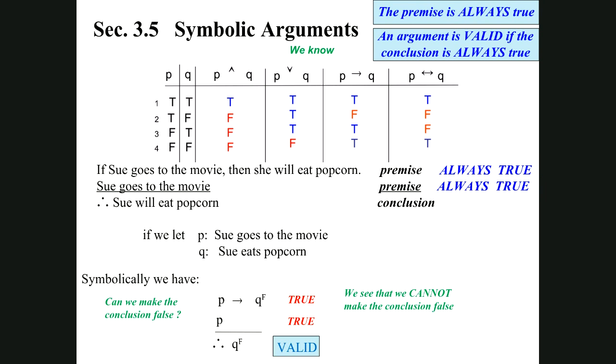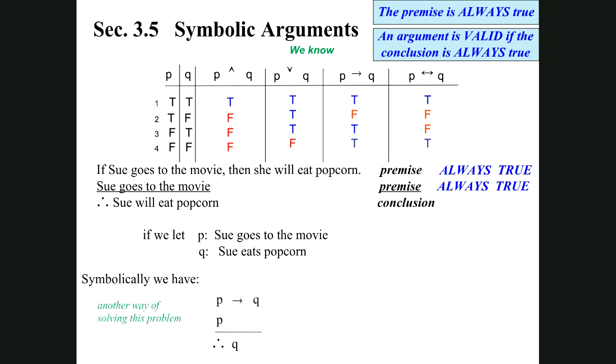So if the conclusion cannot be false, that means the conclusion is always true, so therefore it's a valid argument. So that's one way of looking at this, if we can try to make the conclusion false. Another way of solving this problem is, you see, we know the premises are true,